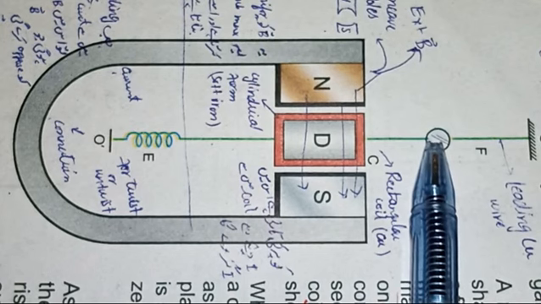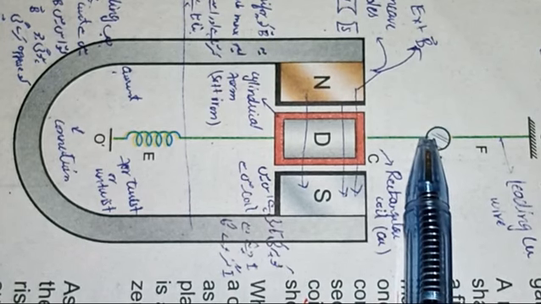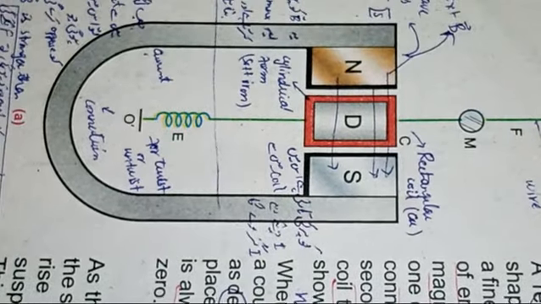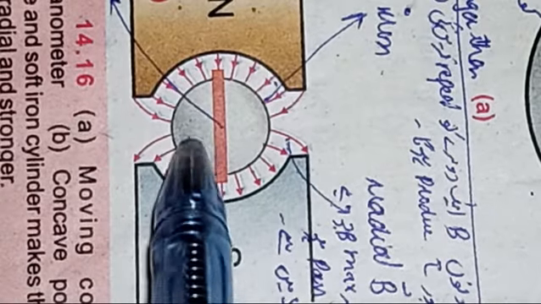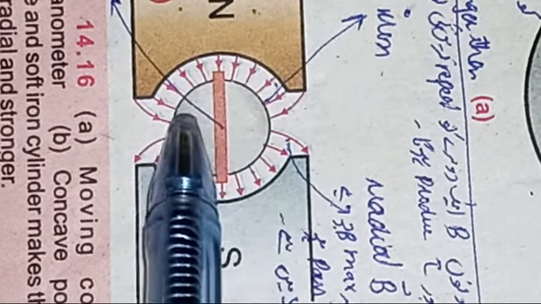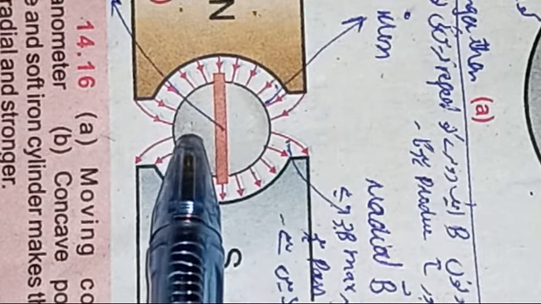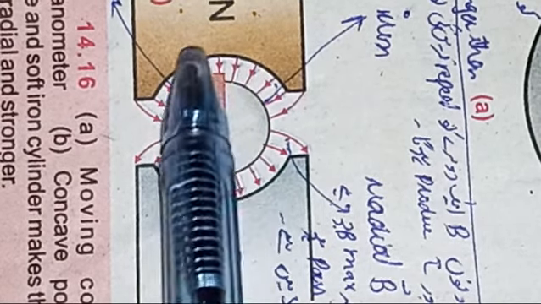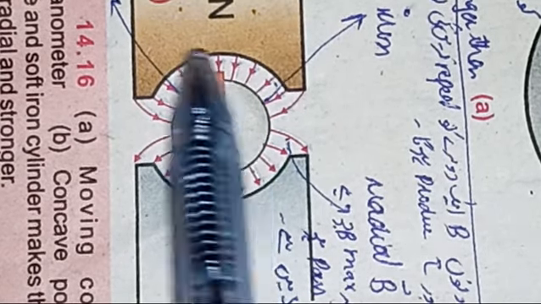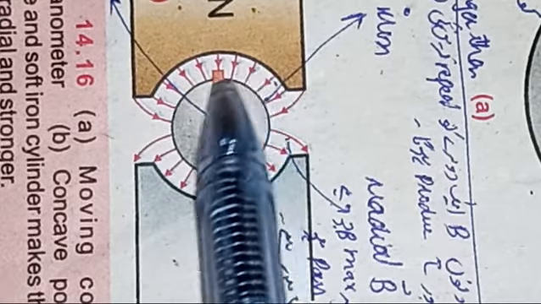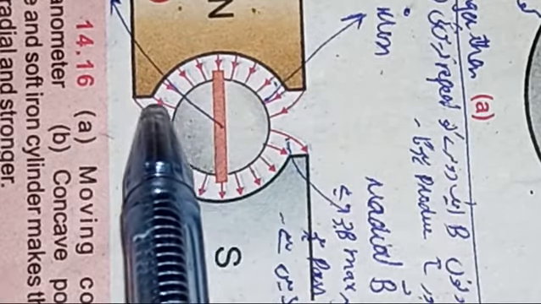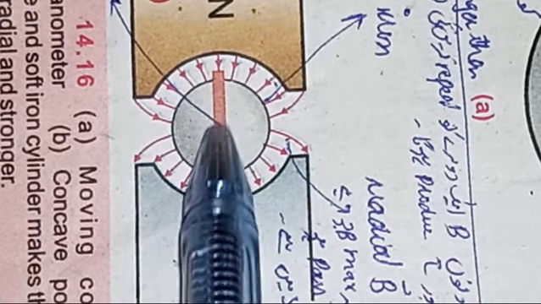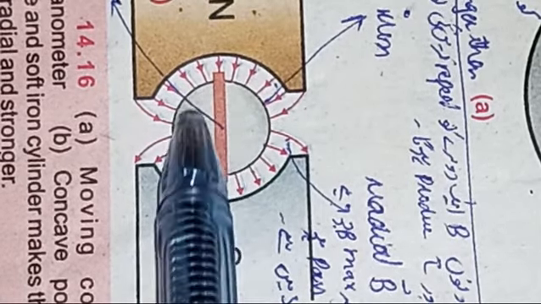reflection. Okay, yesterday we discussed it in detail, the complete topic, and we calculated I is directly proportional to theta. This one is the upper view of the soft iron cylinder that is placed inside the coil to make the field. These are magnetic field. Radial means in the form of a circle, in form of a radius. Like rays, radial in a circular form, and radial and stronger near the coil.